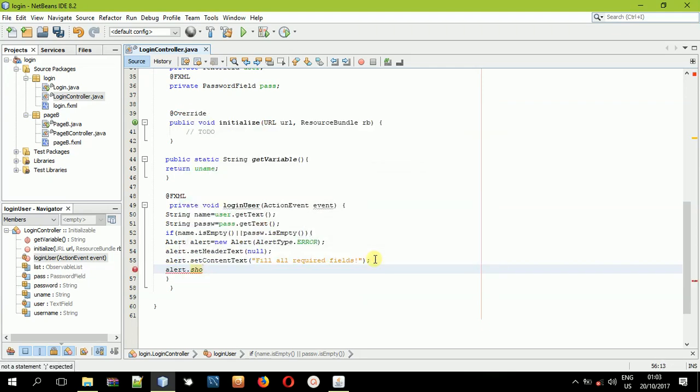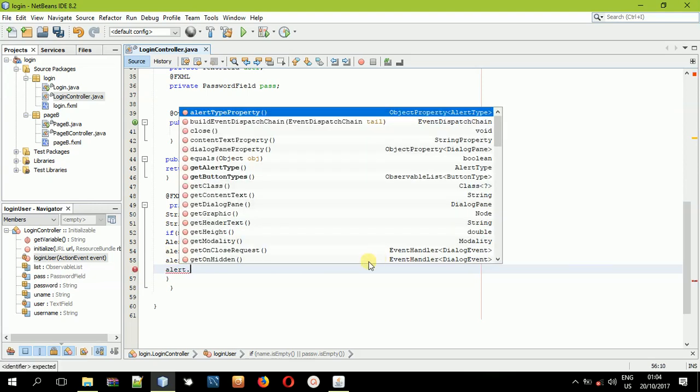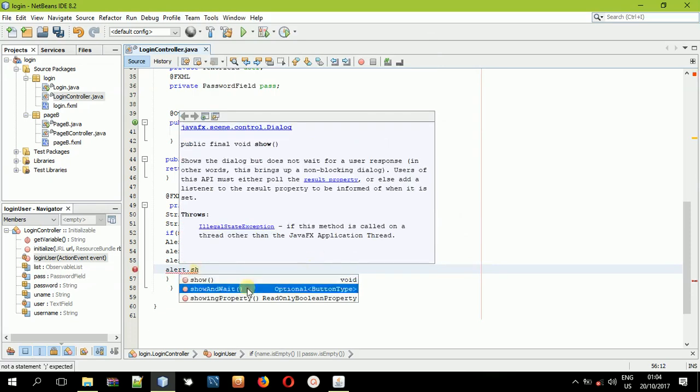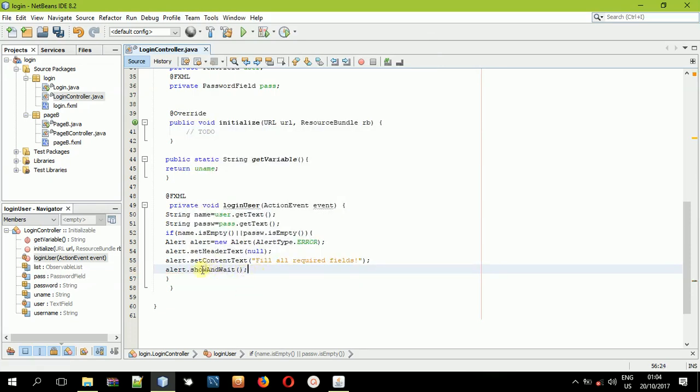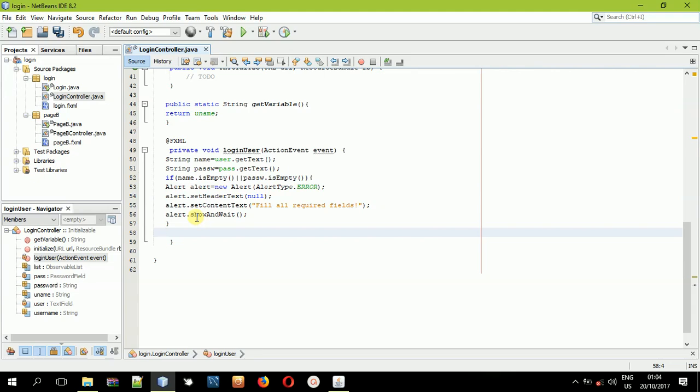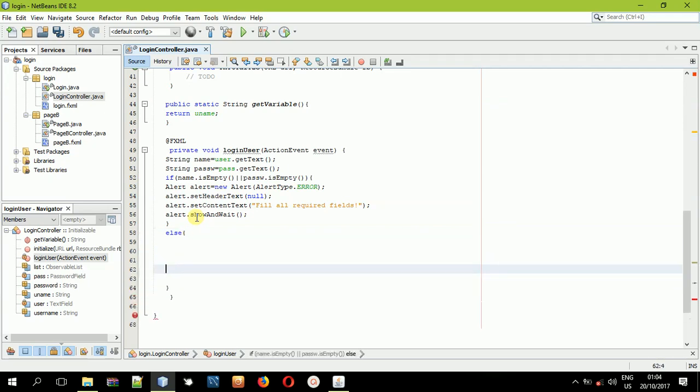So the show and wait method simply means that until you click OK, it will just keep displaying it. So show and wait, and then after doing that, now you can put else. Else meaning that now someone has filled all required fields. Now it is time to check